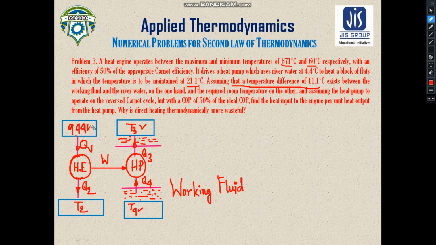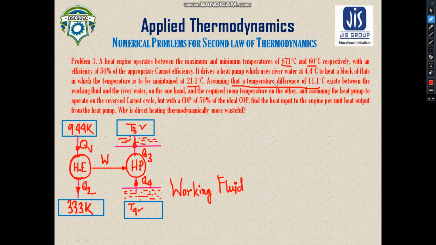And this one, this T2, would be 333 Kelvin. Okay, simple, because the heat engine works between the maximum and minimum temperatures of 671 degrees Celsius and